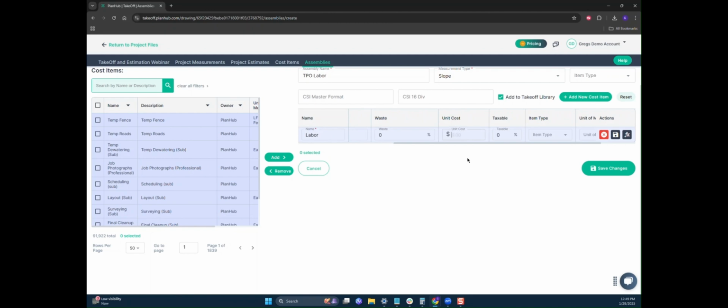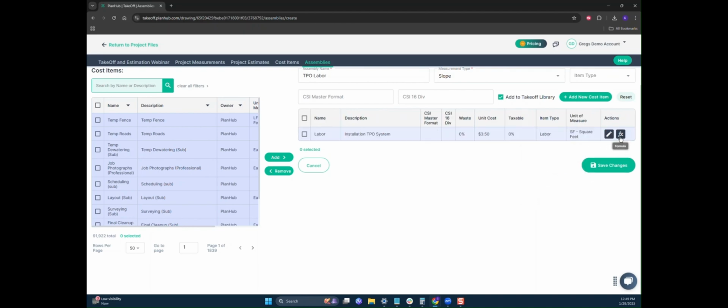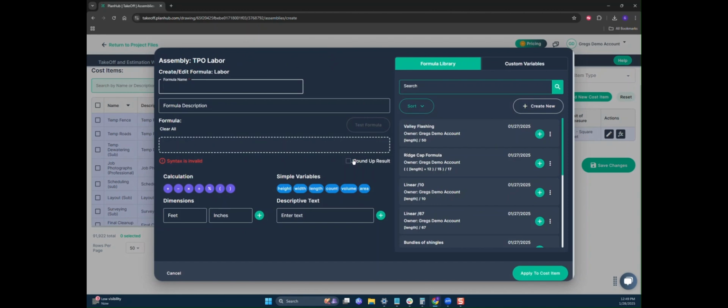The unit cost on the labor is going to be by the square foot at $3.50 per square foot. The item type for this line item is going to be labor. The unit of measure is going to be the square foot. We do have to still put a formula on the back side of this. It's going to be the direct square foot area measured from the slope tool. So all we really need is an area